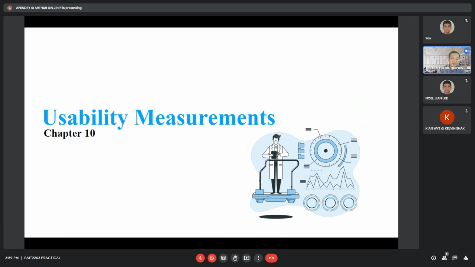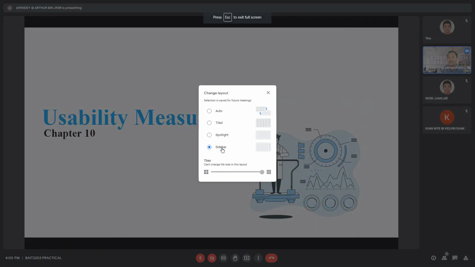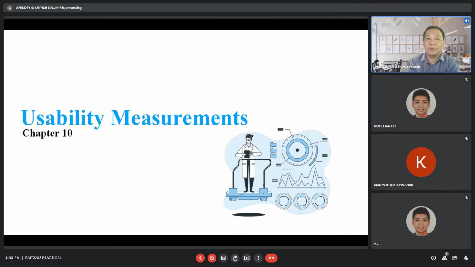Because there is so much data and so many variables that are completely out of control when we conduct usability testing, sometimes the usability measurement might not be 100% accurate, but at least we can have an indicator